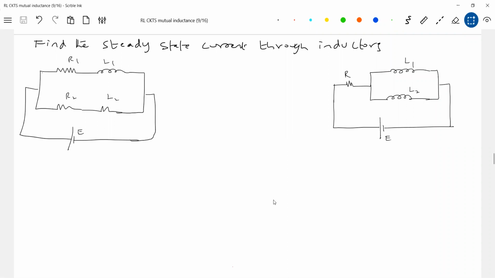At steady state, we replace the inductor with a short circuit. So I'll directly come to the current at steady state. We are discussing everything at t equal to infinity, not at any time t. So what is I1? Directly, straight away, I think we can write it. I1 is equal to